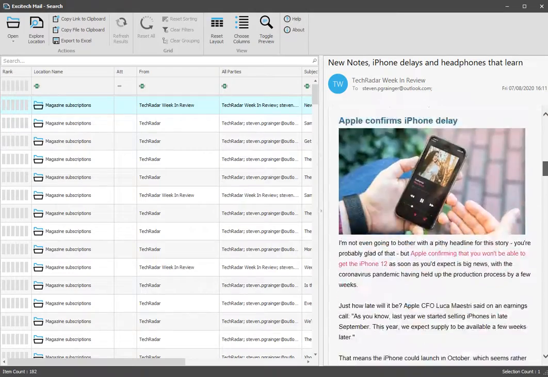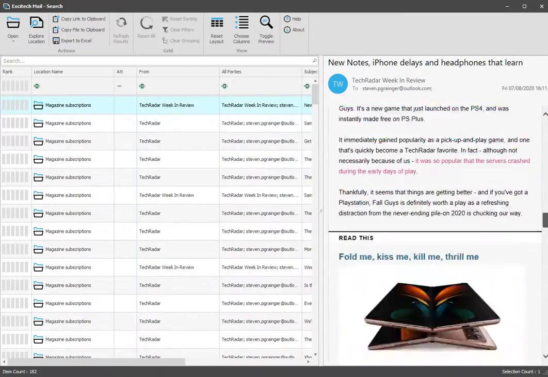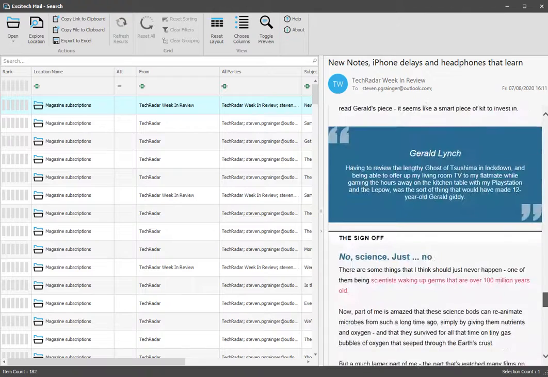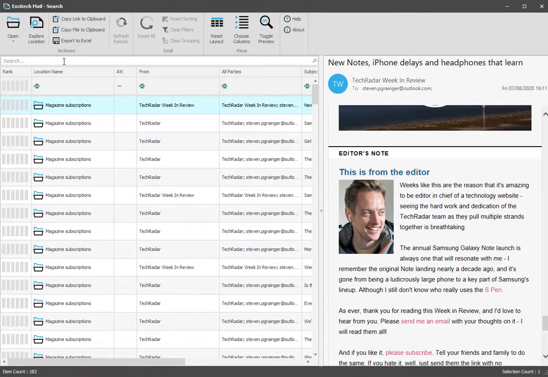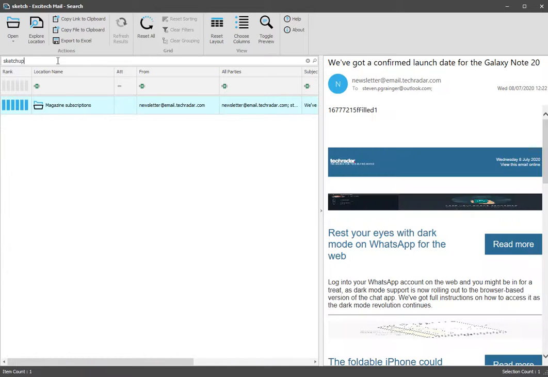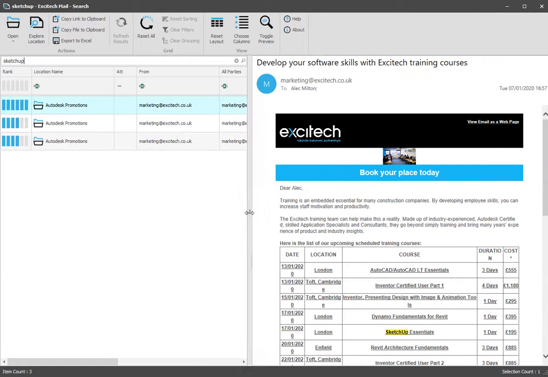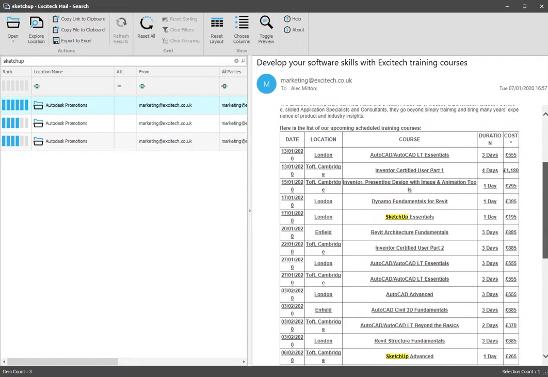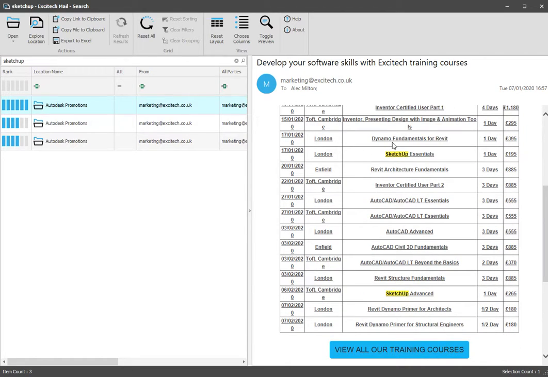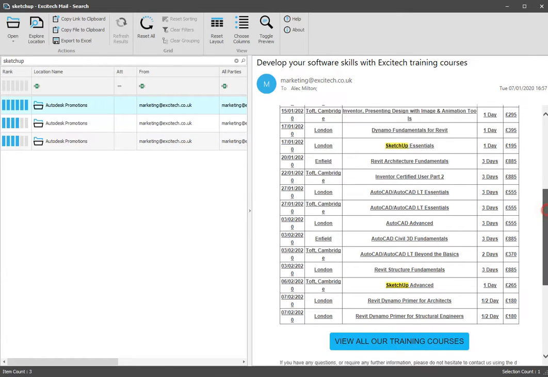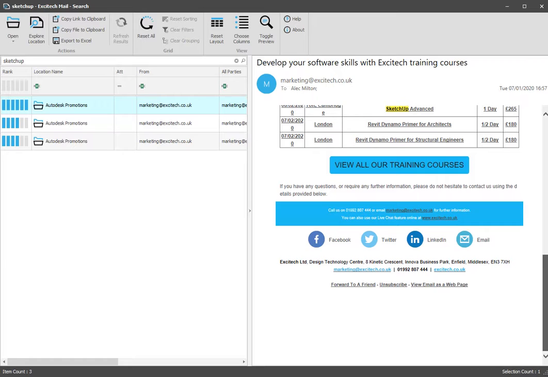Here you can see an awful lot of the detail of the message, which is really handy, and it even preserves things like tables. So if I were to search for SketchUp, for instance, here we've got a table all to do with courses in SketchUp, and it may be that I'm interested in both the details in this table, and the nice thing about this is I can see everything as it was intended, but also I can take